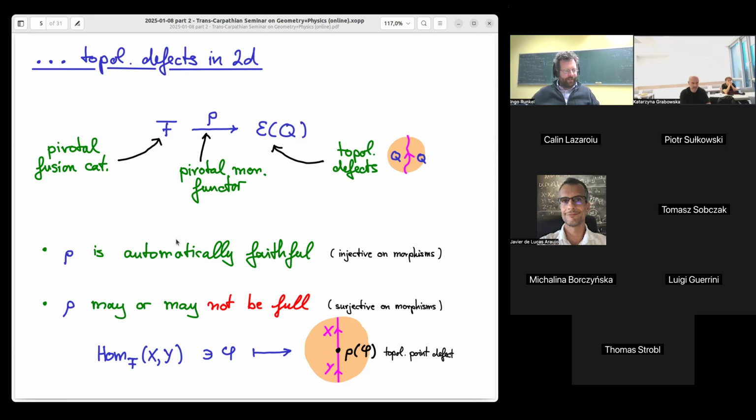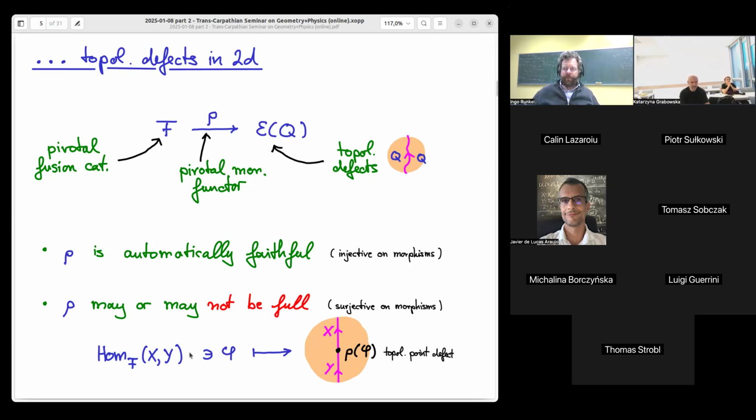Now, if you have done some category theory, then when you studied functors, you will have met the words faithful and full as properties of a functor. Because a functor maps objects to objects and morphisms to morphisms. Now, on morphisms, these are, in my examples here, vector spaces. It can be either injective or not. And if it's injective, it's called faithful. So no two morphisms can get mapped to the same morphism. And it may hit every morphism in the target or not. And so if it hits everything, it's called full.